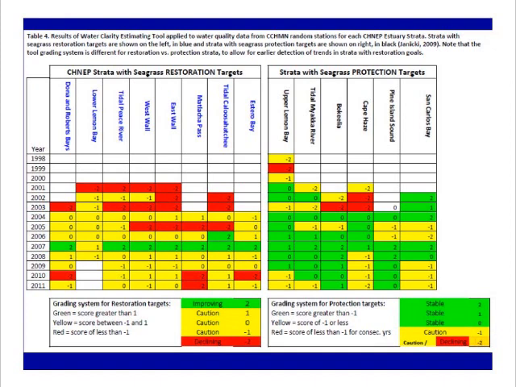So here's a tiny print that no one can read, but it's a lot easier than looking at 32,000 data points on here. You have the restoration segments over on this side. Each one of these columns is an individual estuary segment. The rows are right here from 98 to 2011. And over here are the protection target segments. Same thing, years. And you'll see that these numbers here are 2, 1, 0, -1, and -2. And so for protection targets, where we want to just keep the water clarity we have, anything that's at 0 or better, we're okay with. If it's a little